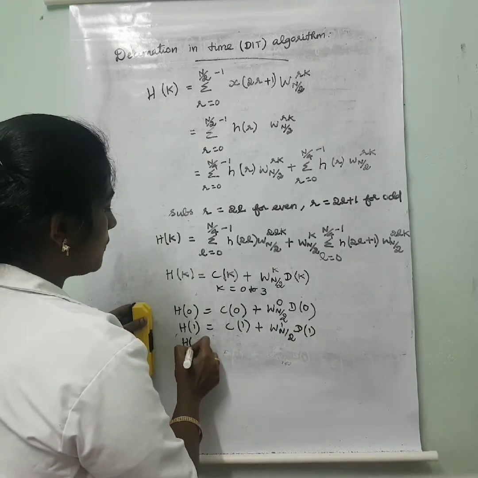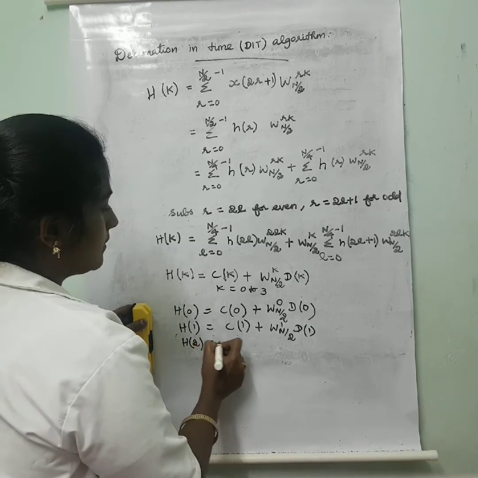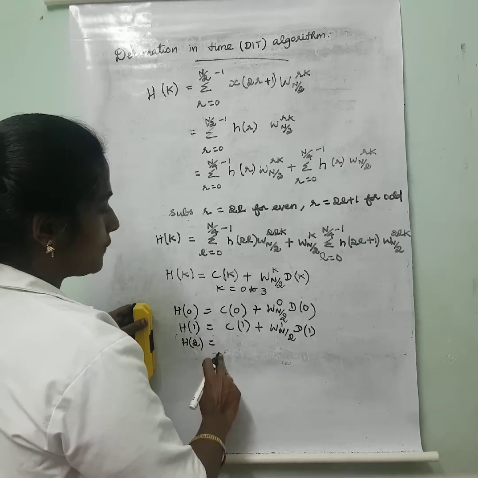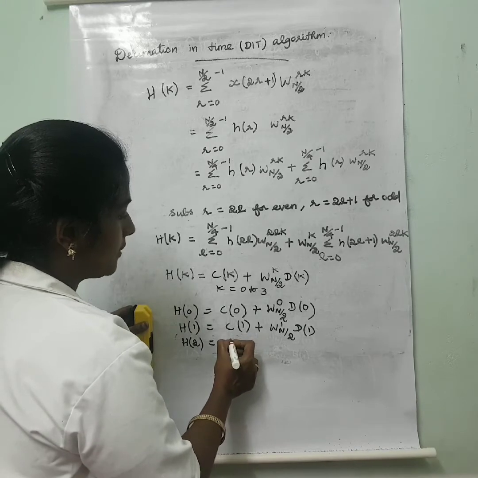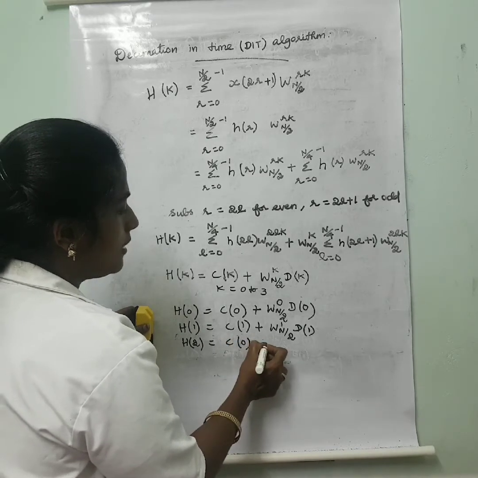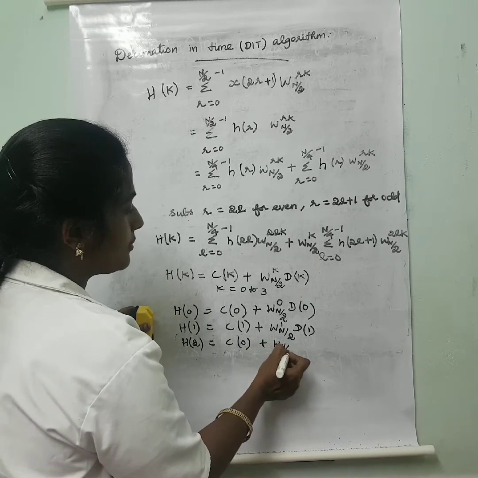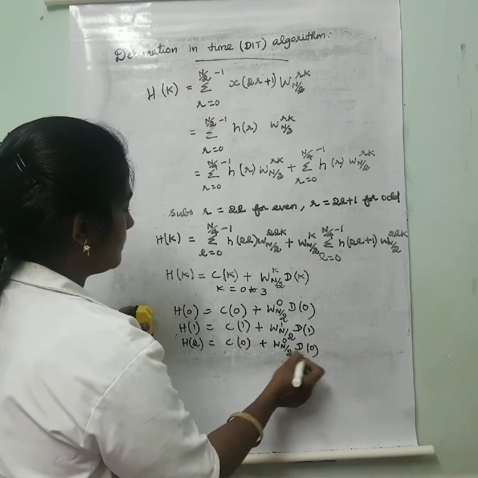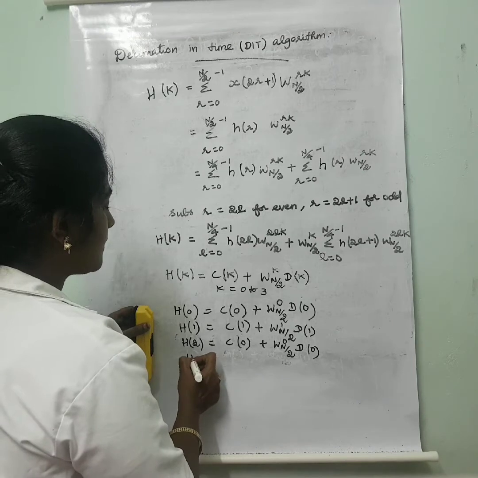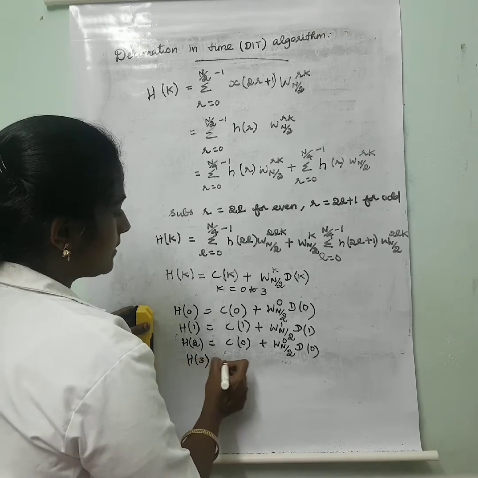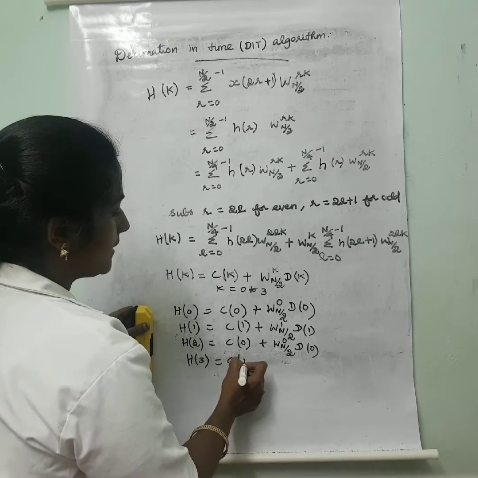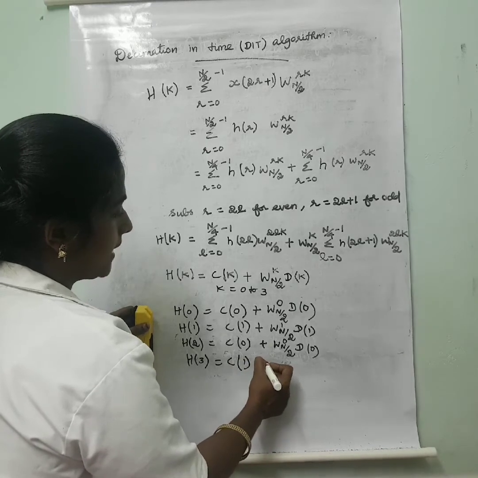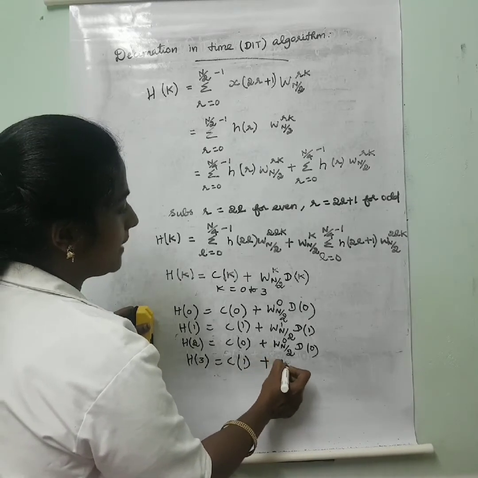When k is equal to 2, h of 2 is equal to c of 2, that is equal to c of 0 plus wn by 2 to the power 0 into d of 0. When k is equal to 3, h of 3 is equal to c of 3 plus wn by 2